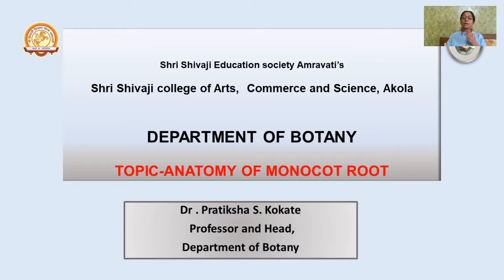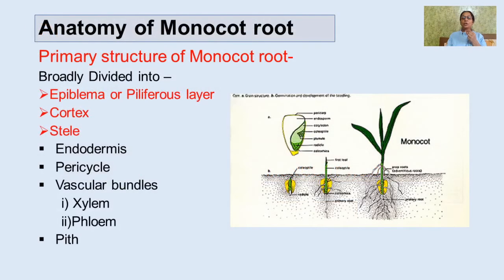So, today we will deal with the topic that is anatomy of monocot root. Now, you all know what are the monocot plants. The monocotyledonous plants I have shown in this figure are generally the grasses, and the plant which arises from the seed generally has only one cotyledon. When the seed undergoes germination, it gives rise first of all to the radicle, and the radicle further grows into the structure or organ that is called the root.